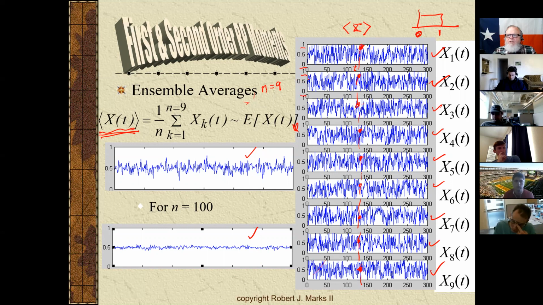So if it went between 0 and 1, it was uniform. What is the average? The average is equal to a half, correct? And so if we average 100 of these, we get something in each case that is pretty close to a half. And so we're applying, if you will, the law of large numbers here. We're applying the law of large numbers to estimate what the expected value of the stochastic process is at every point. Now, at this point, all of the random variables are the same, but they need not be to apply